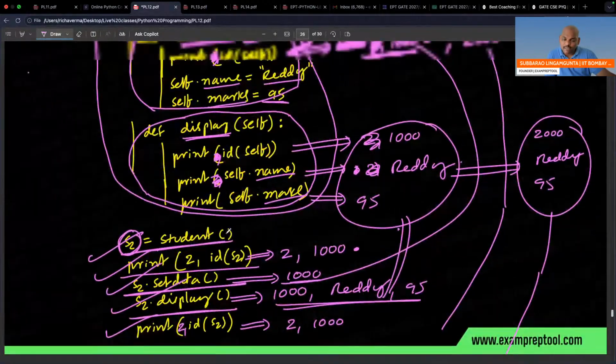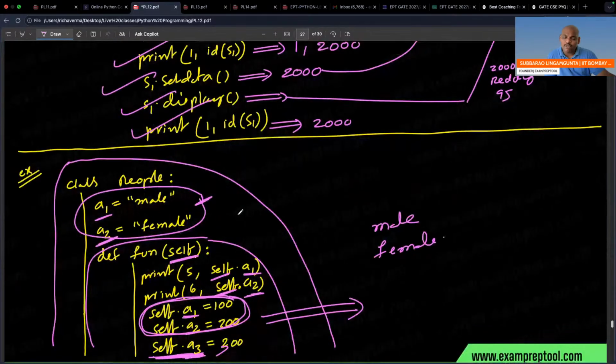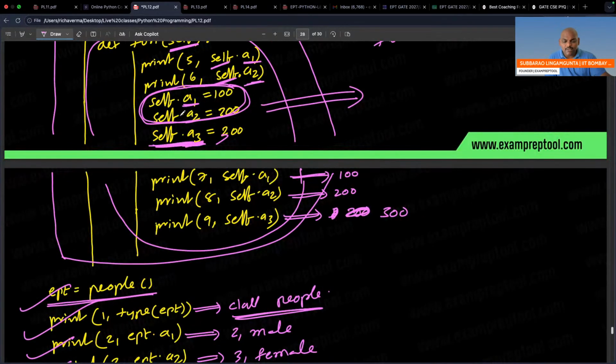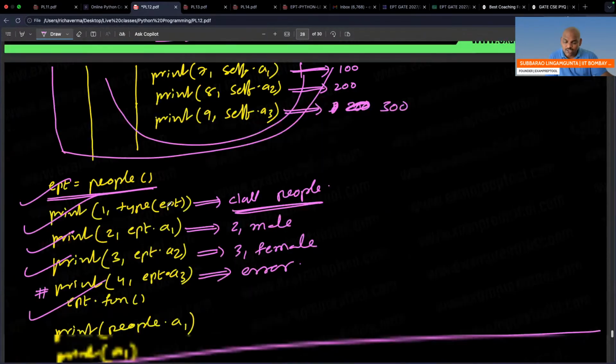Like whatever I did in the previous example. See, previously there was no class and it didn't have variables. I took whatever variables I liked. Same thing here, a3 I took. A1 and A2 are already available, I am using them. A3 is not there, so one more local variable is created inside this function. Remember, it is inside this function only. You can access this A3 inside only. Outside you cannot access it. But A1 and A2, because they belong to the class, you can access outside also.